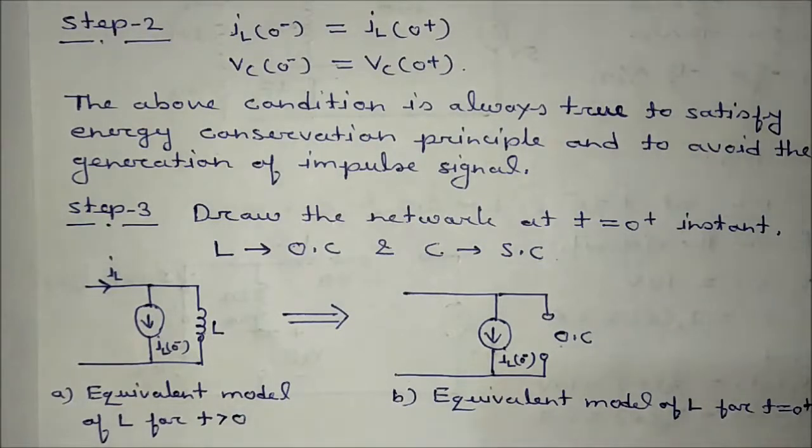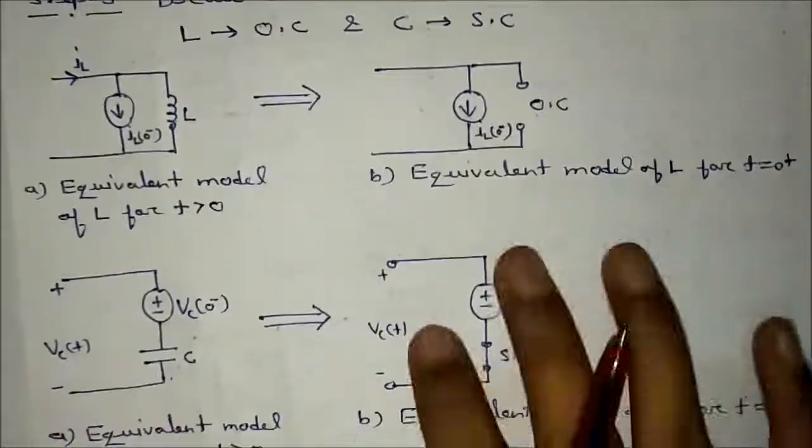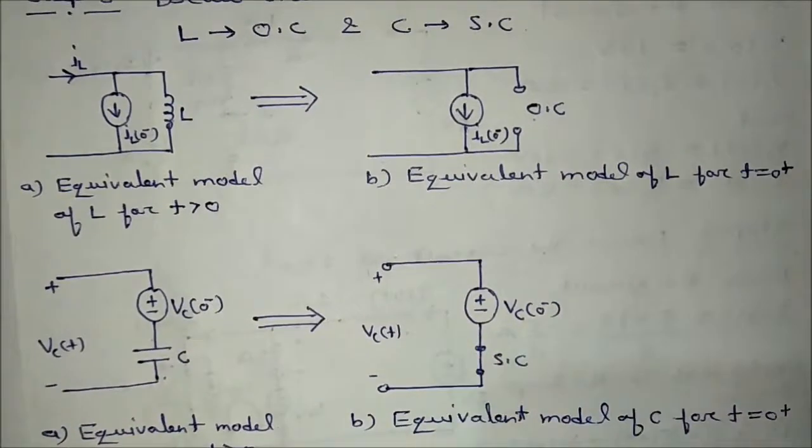Replace L with this circuit, replace C with this circuit, and then finally apply the nodal, mesh, KVL, KCL. You will get your response at t equal to what? 0 plus condition. Okay,